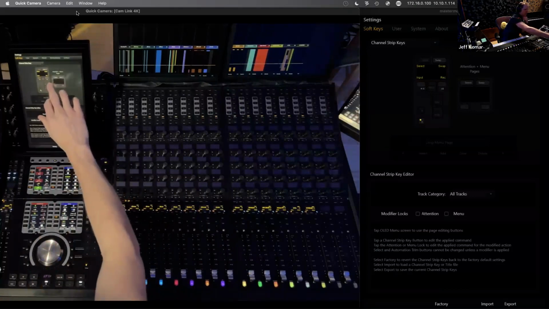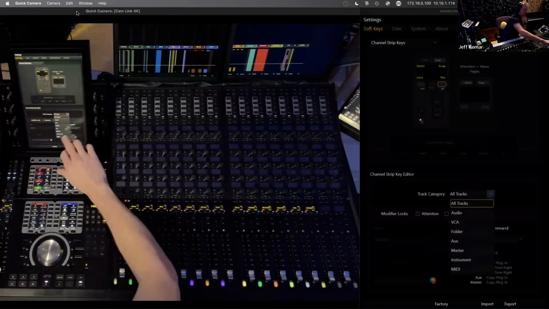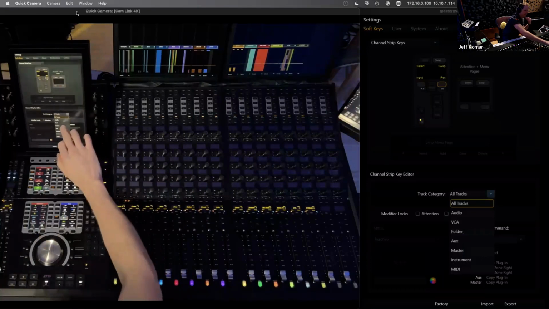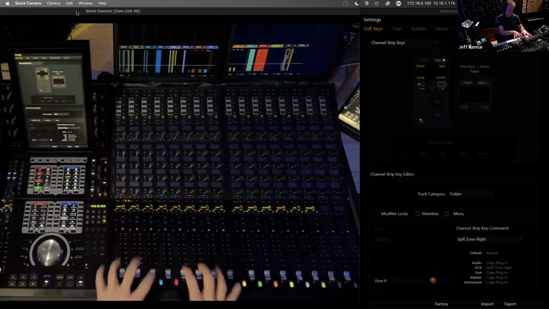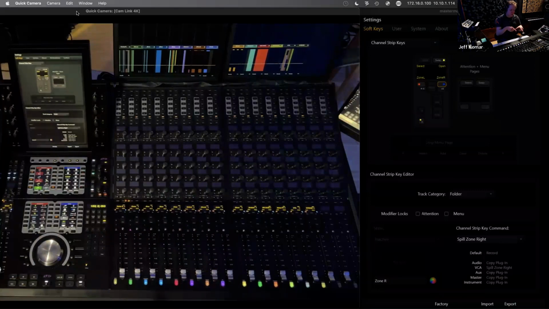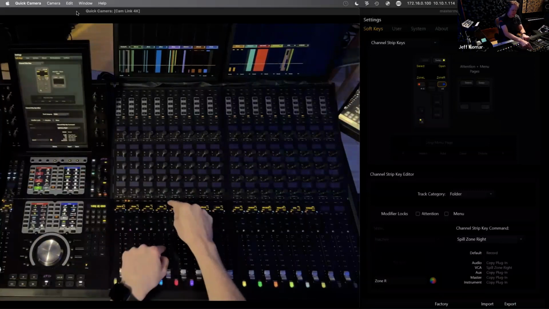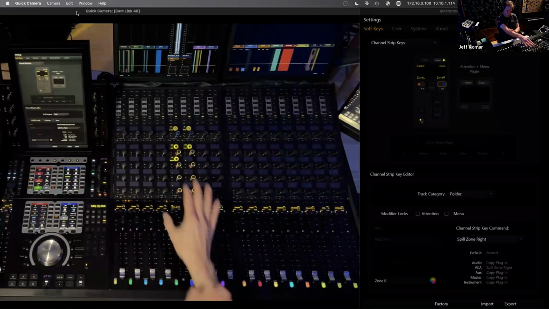But this starts to get interesting when we actually look at folders or auxes or VCAs. So check this out. Now that I've got that turned onto folders, oh, wow. I've got select, I've got toggle folder open, close. I've got go to zone left, go to zone right. And that is specific to folder tracks. So in my world, this is what I wanted. I wanted to quickly be able to look at the bass, open up the bass folder,